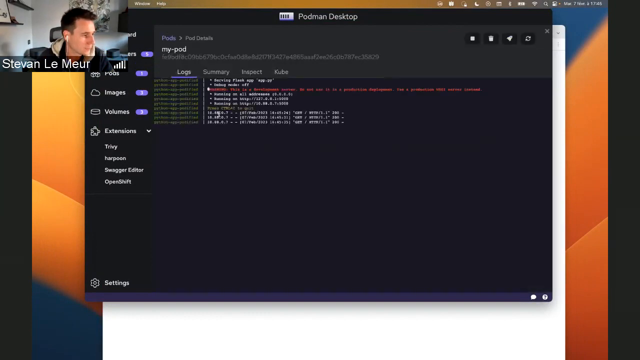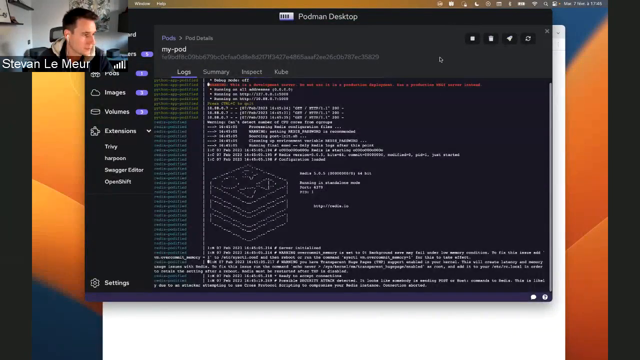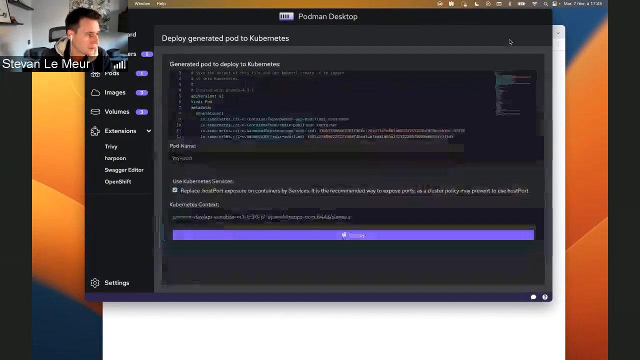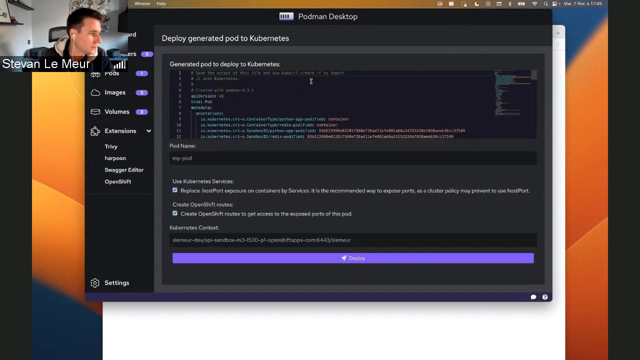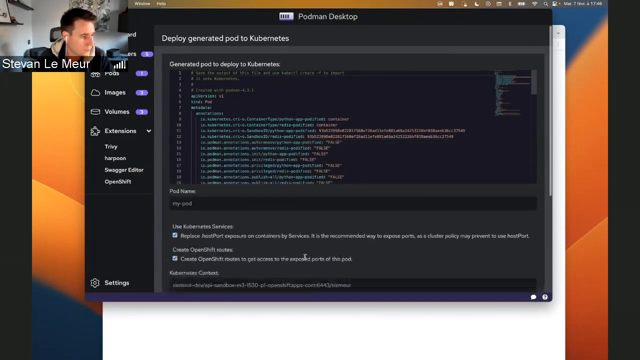I can open my pod, and here I have a small button which allows me to deploy to Kubernetes. When it is doing this, it uses the generate kube command from Podman to generate the Kubernetes manifest. We also detect that we are connected to an OpenShift environment, so we are creating routes for that, and using Kubernetes services instead of host ports as well. So if I just do a deploy,